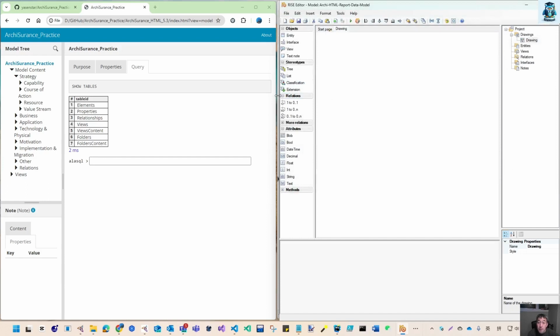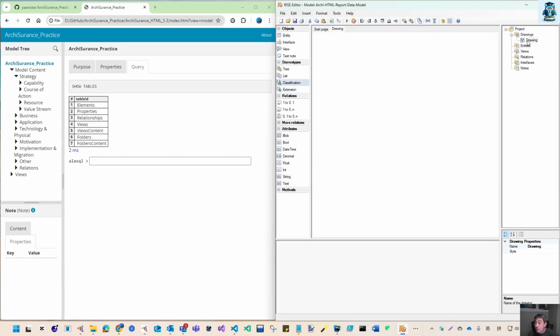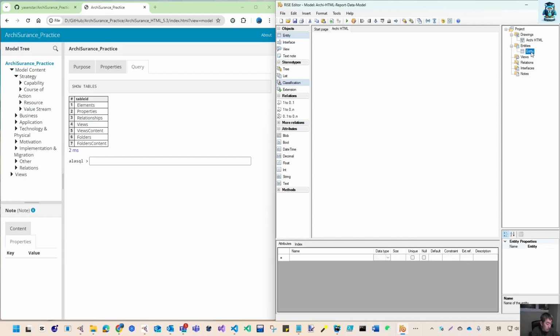By default it is empty, so we should have our drawing. Let's rename it Archi HTML. Then within that we can have our different entities. Here we can insert an entity. Every entity is a data table, and we have 7 tables. Let me create those. Insert, press F2, and